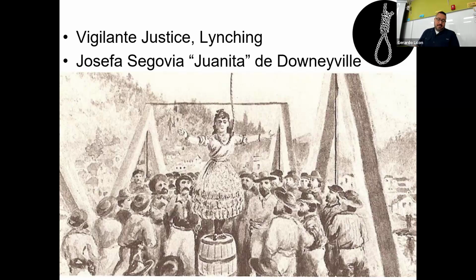And at the time, this court and the newspapers that covered this incident would all refer to her as Juanita, even though it was not her name. So apparently in 1851 California, Anglo-Americans thought that all Mexican women were called Juanitas, or that was the most common name. And so even the newspaper repeated that information and didn't use her real name, which was Josefa Segovia.